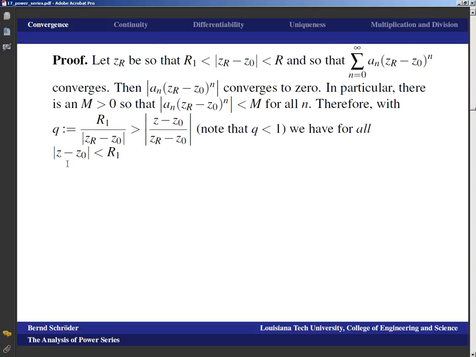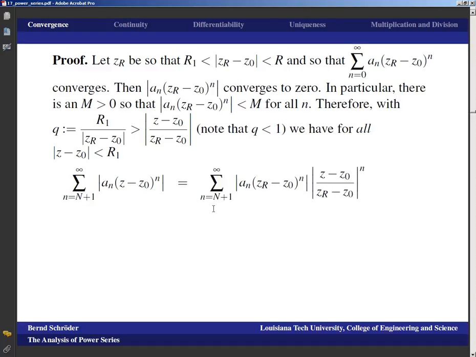With that, we have that for all z so that |z minus z0| is smaller than r1, the sum over this tail of the absolute values |a n (z minus z0)^n|, that's the sum n equals N plus 1 to infinity, and again we're doing something very familiar. We're expanding with zr minus z0 to the n, which we're multiplying with here and then dividing by here. And we realize that the a sub n times (zr minus z0)^n,